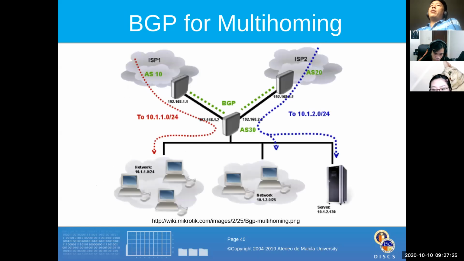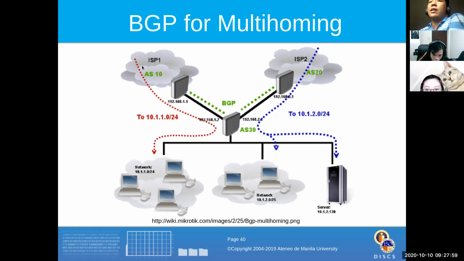So this is an example of BGP. I have 3 AS here. AS10 is my ISP1, AS20 is my ISP2, and AS30 is myself. This is my router connected to 2 ISPs, and I have 3 general networks inside. I have network 10.1.1.0, 10.1.2.0, and I have a server in 10.1.3.0, right? So these are 3 different networks, and I want, for example, to configure BGP in such a